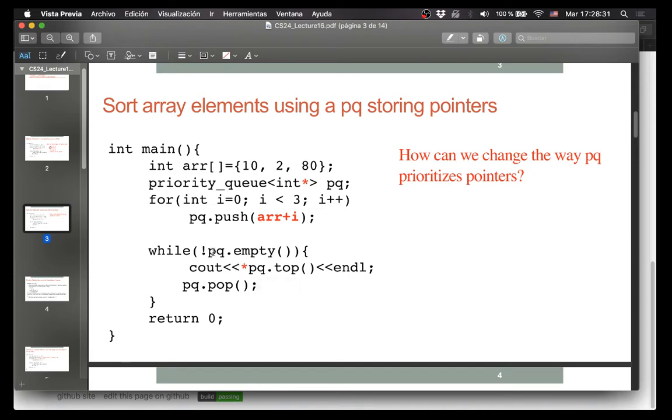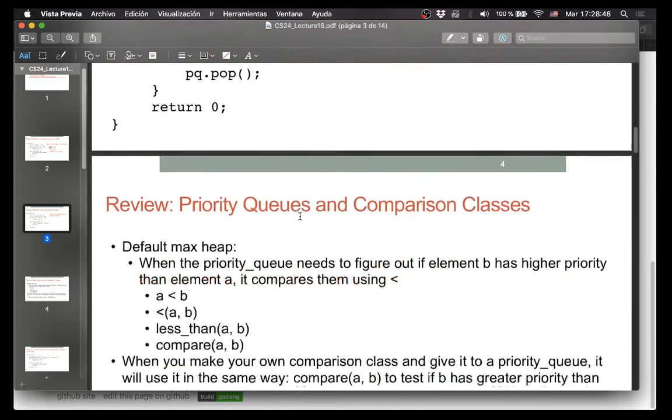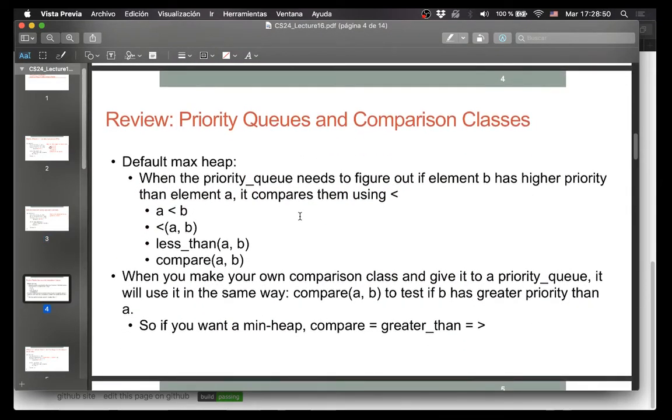And so sometimes we do want to add just pointers, but we want it to be sorted by the actual elements inside. So we want to get back maybe 2, 10, 80, or 80, 10, 2 instead of 82, 10. Okay? All right. So the way that we got around this problem is to change how the default priority queue